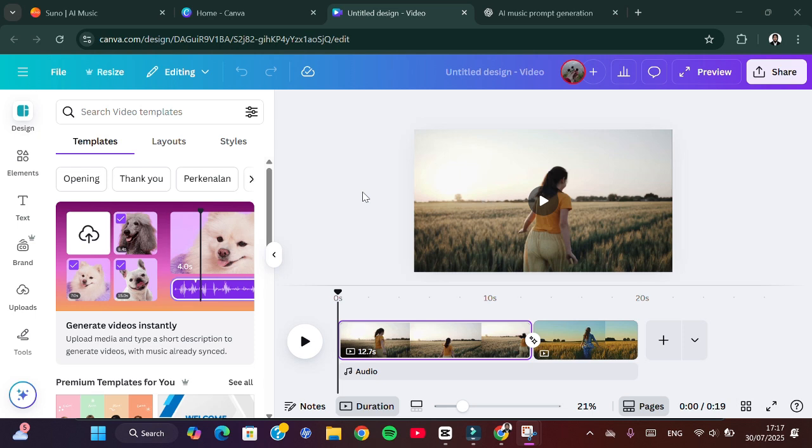In today's video, I'm going to show you how you can generate music for your editing on Canva. Okay, let's get into it guys. Here I have already opened my design on Canva and I'm going to generate a background music for this video,